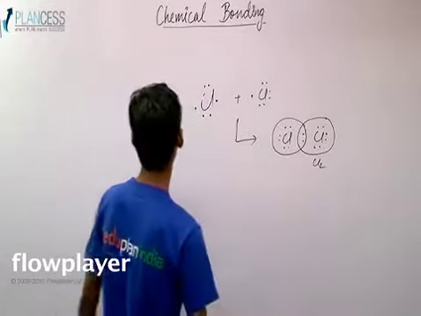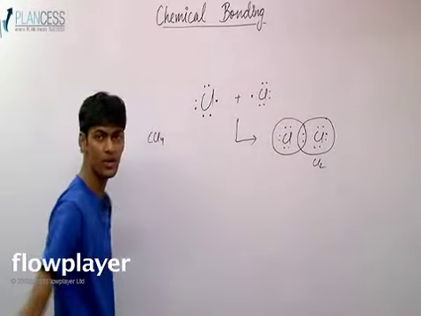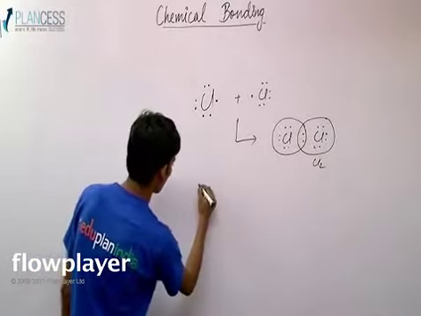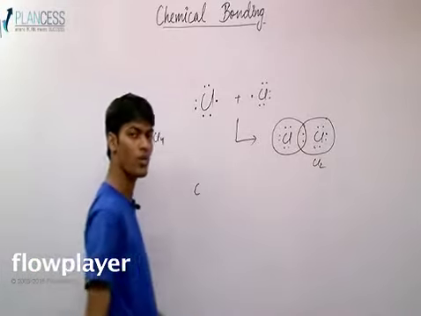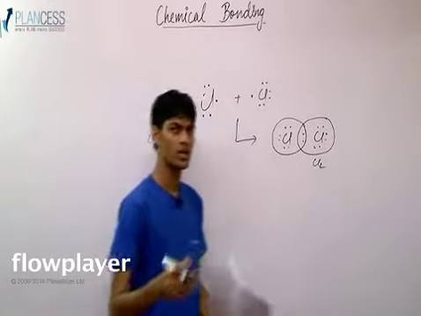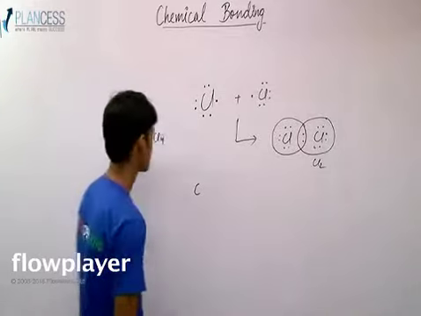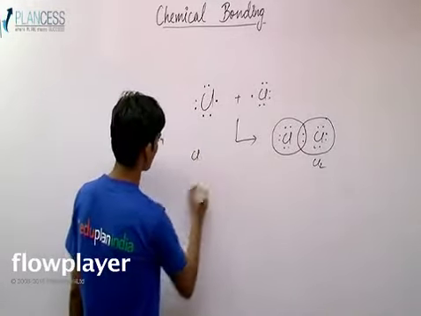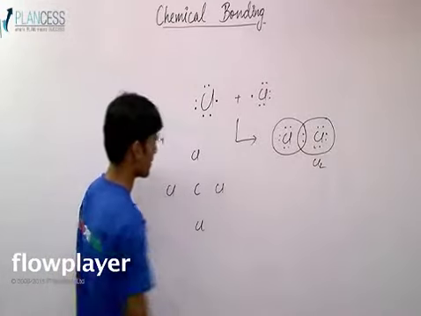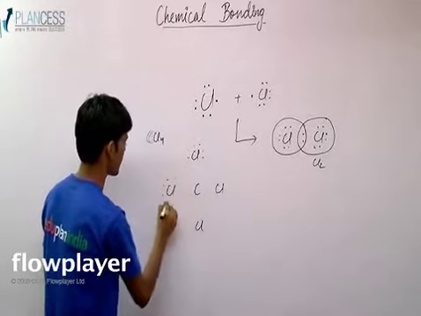So let's write CCl4. What would that mean? How many valence electrons does carbon have? 4. So carbon is the central atom. How do we decide the central atom, or what is a central atom? This is again an issue, and it will be discussed in the later part of this lecture. So this is carbon, this is chlorine, let's say 4 chlorines are there. This chlorine has 7 valence electrons,